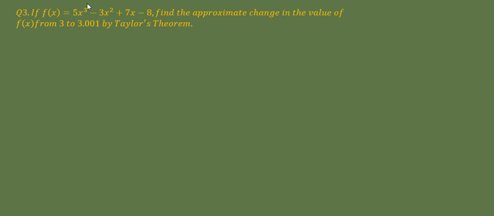Question number 3. So this question is also similar to the previous one, but there is a slight difference in this question. तो चलिए स्टार्ट करते हैं क्वेश्चन नंबर 3 को. तो देखिए यहाँ पर आपने क्या कंप्यूट करना है. यू हैव टू फाइंड आउट द अप्रोक्सीमेट चेंज इन द वैल्यू ऑफ एफ एक्स फ्रॉम 3 to 3.001. इट मीन्स कि अगर आप फंक्शन में x की जगह पहले 3 पुट करें और फिर 3.001 पुट करें, तो ऐसा करने से जो वैल्यूज में चेंज आएगा वो वैल्यू आपने फाइंड आउट करनी है.